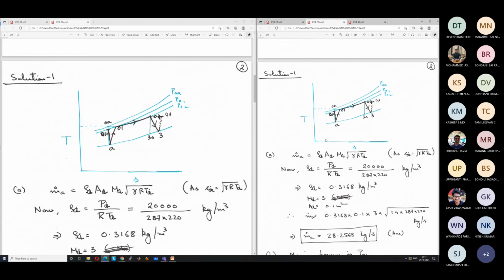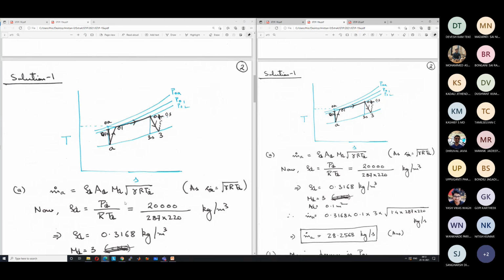At the inlet, mass flow rate can be written as m dot a. The mass flow rate of air is constant throughout the system, apart from the addition of fuel in the combustion chamber. So at the inlet, m dot a is equal to density into area into velocity, rho into A into V. I am denoting the intake by the subscript a: rho at the inlet into area at the inlet into velocity at the inlet.